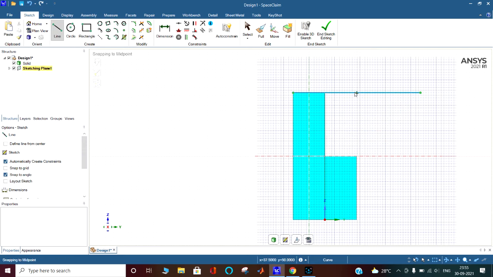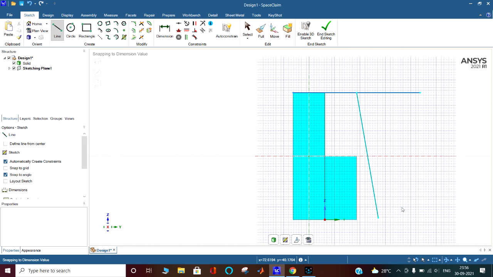If I click on the line, snapping to midpoint. When I click this midpoint, again I click on the 100 or any dimension. You can see on the status bar it is coming: snapping to dimension value, parallel to the curve, perpendicular to the curve, parallel to the grid. So this is perpendicular to this curve. Okay, 100, I click it. Actually when I click, my mouse moved. That's why it has done like this.